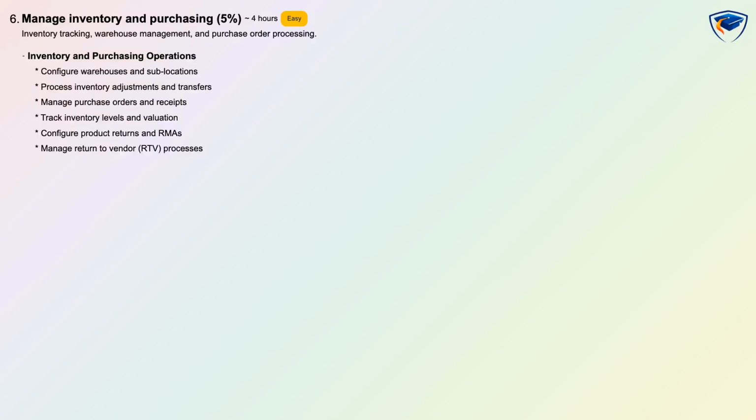Manage inventory and purchasing is 5% of the exam, listed as easy with about 4 hours of study and both hands-on and conceptual assessment. The domain focuses on inventory tracking, warehouses, and purchase order processing to support field operations. You will configure warehouses and sublocations, process inventory adjustments and transfers, manage purchase orders and receipts, and track inventory levels